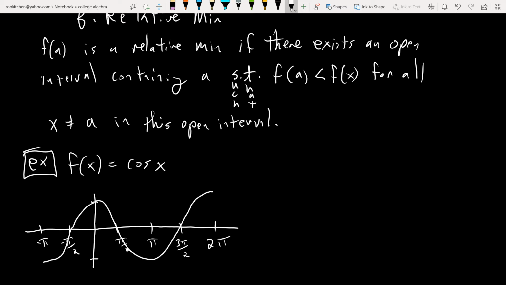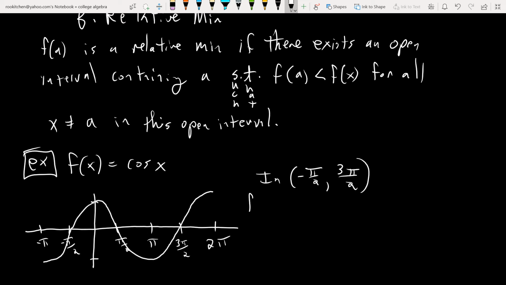Okay, so it has an infinite number of maxes and mins, but we're going to just restrict ourselves to a certain interval. So we just want to look at from negative pi over 2 to 3 pi over 2. Okay, so in the open interval from negative pi over 2 to 3 pi over 2,